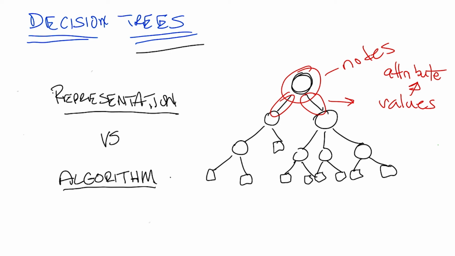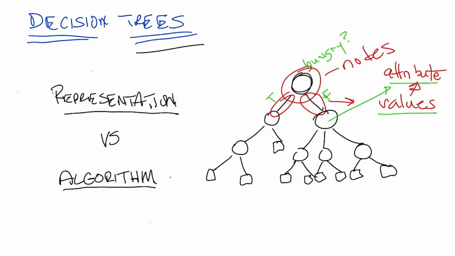Okay, so we have these nodes, which represent attributes, and we have edges, which represent values. So let's be specific about what that means. Here's a particular attribute we might pick for this top node. Let's call it hungry. That was one of the features that Michael came up with. Am I hungry or not? And there's only two possible answers for that. Yes, I'm hungry, true, or false, I am not hungry. Each of these nodes represents some attribute, and the edges represent the answers for specific values.